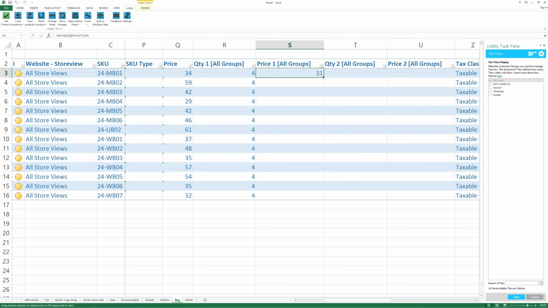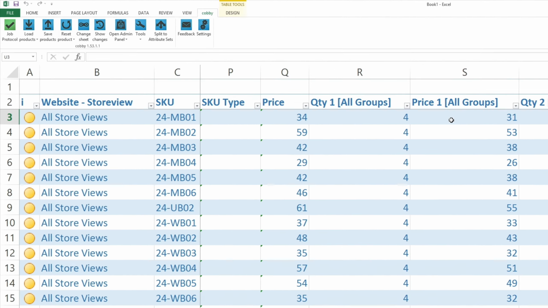So extend the function again. Let's say for the second tier we want to use a quantity of 8. Extend it as well. And for the second price we can actually use the first function. So copy it out. Make sure you hit escape so the function doesn't get disrupted, and paste it in here. And of course we want to change the percentage. So let's say maybe 80% of the original price, hit enter. And it works perfectly.